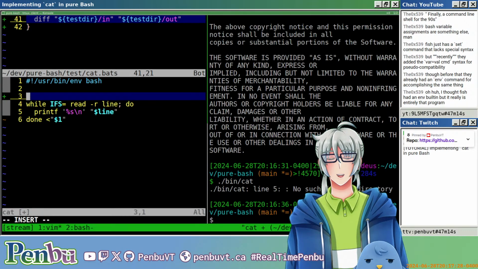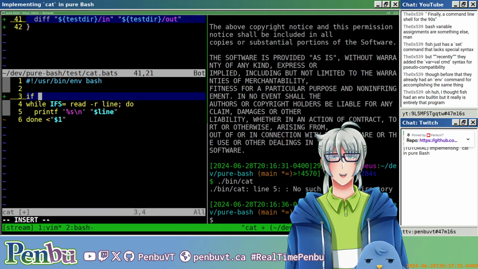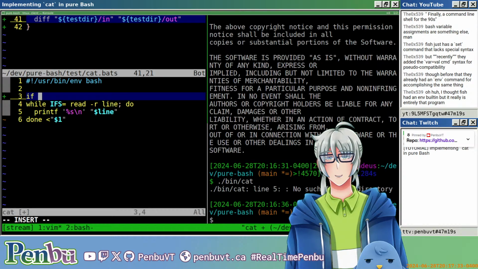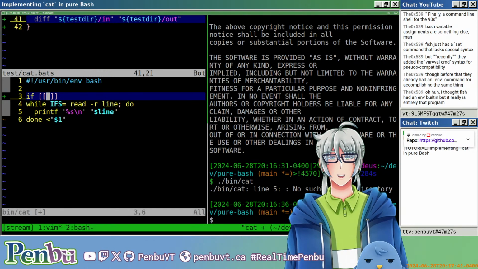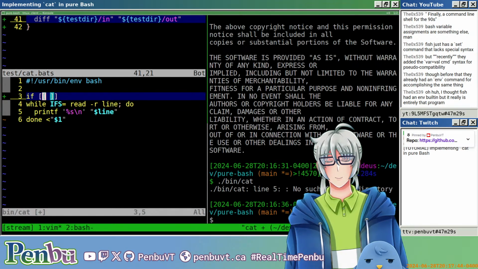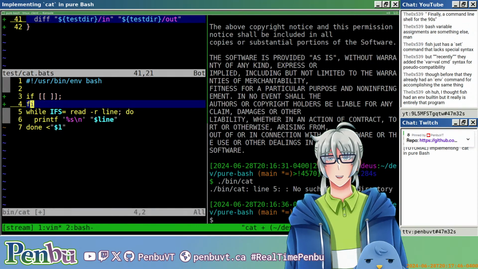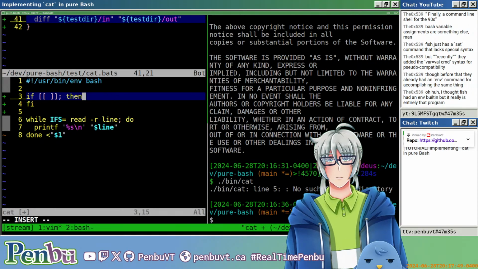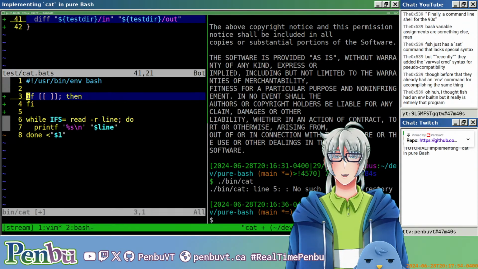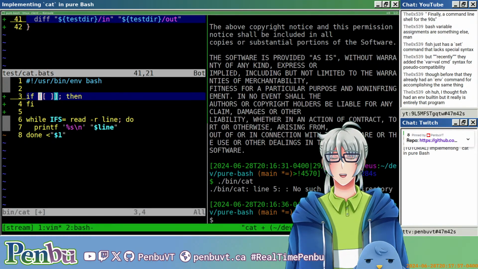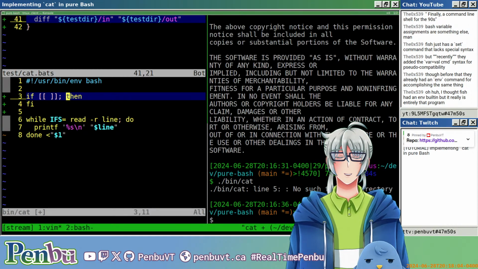Well, we can say that there is an if statement in Bash, and that's called if. And then it takes in a command. In this case, we're going to use the double bracket command for testing. I'm just going to fill out the rest here. So similar to the while loop, the if command takes in commands, and then once the commands are over that you want to test, you issue the then command, and then